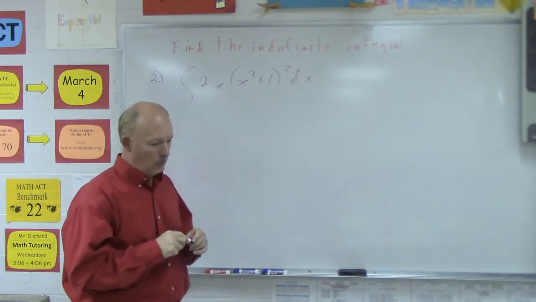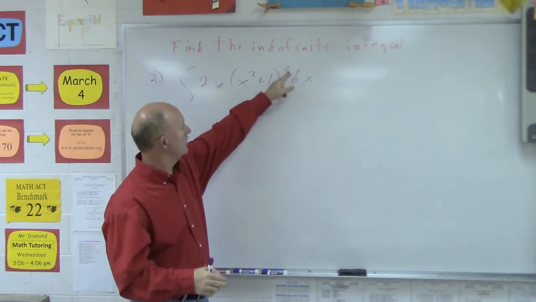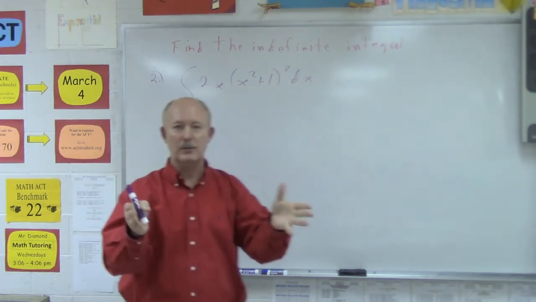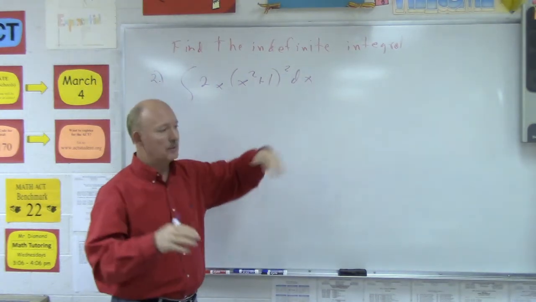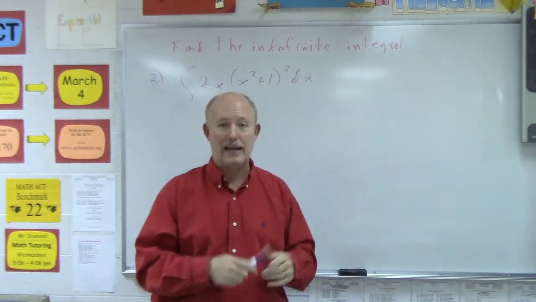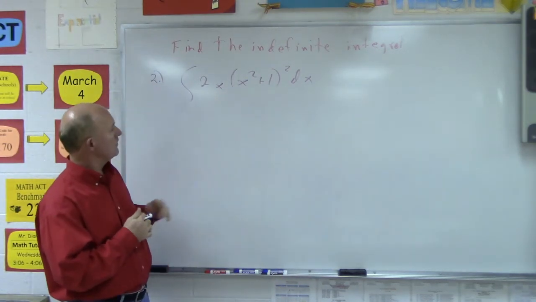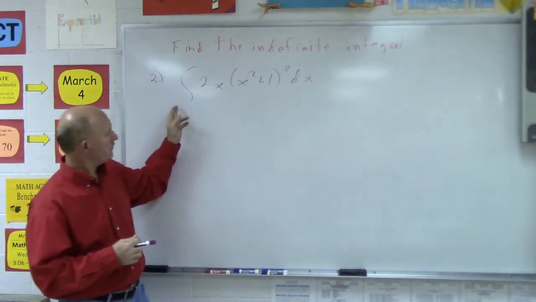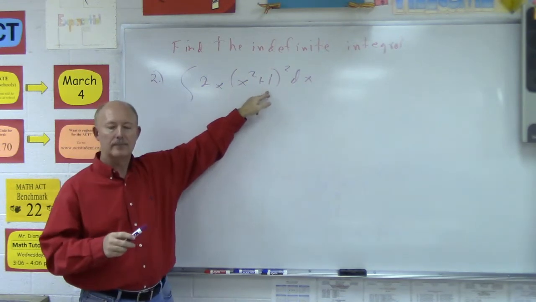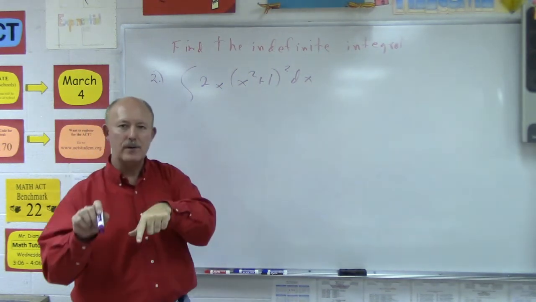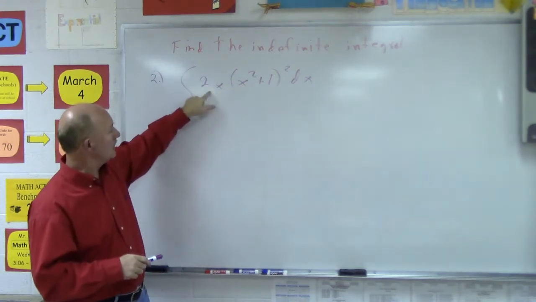Now, one thing that we could do here, you can see we got this x squared plus 1 to the 2nd power. We could actually expand this. It wouldn't be that difficult to expand and multiply together and then integrate. But it's actually pretty easy by integrating by substitution too. As I look at this integral, inside the inside part of my function, you got x squared plus 1. You notice that the derivative of x squared is 2x. Well, I can see 2x